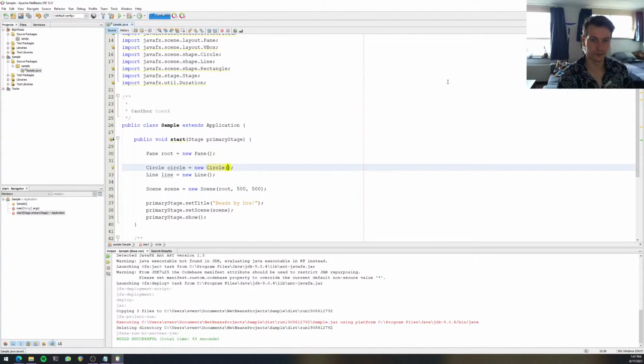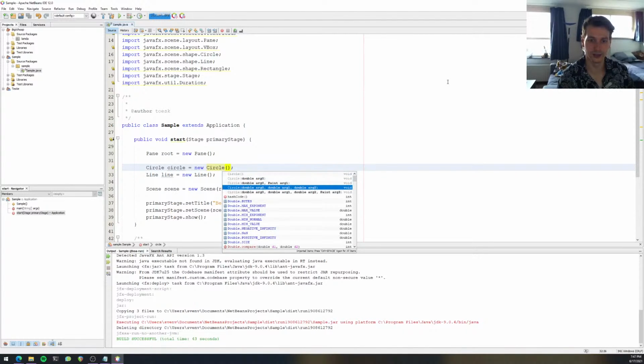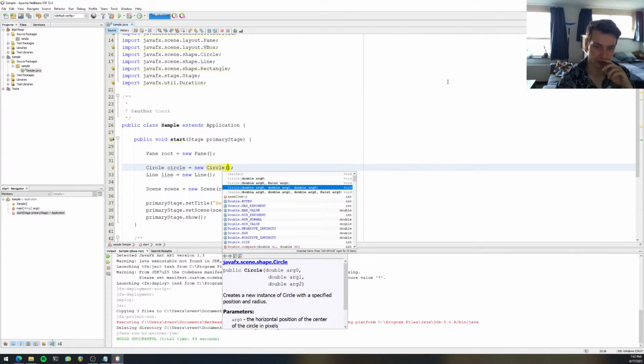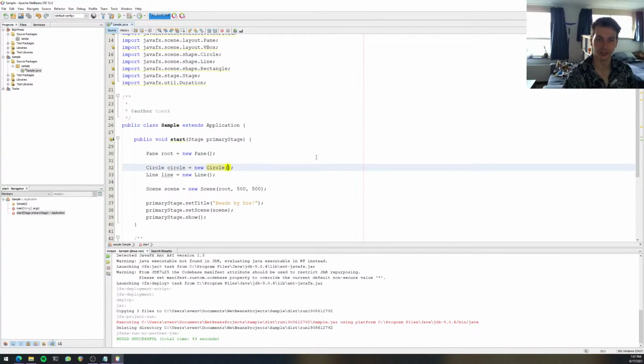So with circle, you can give it a number of parameters. You can either give it nothing and we'll just create a circle without much to it. You can give it one parameter and that's going to be the radius, or you can give it three parameters and that gives it the x position, the y position, and the radius. Now let's say that I want to do that. I want to say put it at 100, 100,